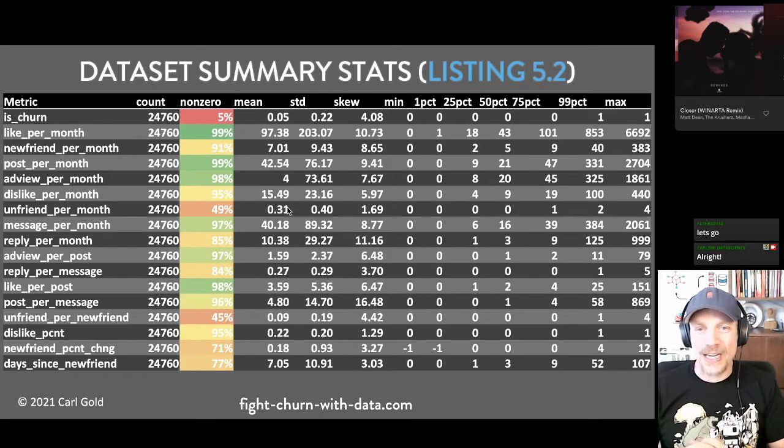And this is a summary of the data set, which is about the social network service. So I said earlier that we start with events, and events are the things that customers do on the service, and you track them in real time as they're doing it. And then you combine the events into metrics or measurements of the customers, and then you take the metrics or measurements and put them into your data set. And I went through all of this in previous streams. So if you look back in my old stream history, look for the one on data sets if you want to find out how we make the data set.